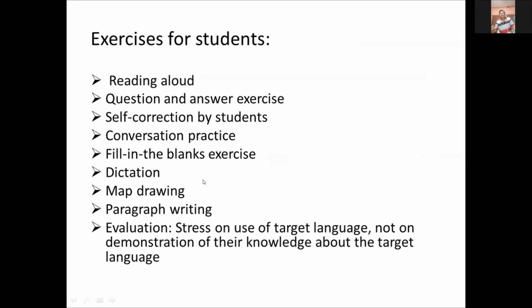So it is not important that we demonstrate, while using language, our knowledge of the language. It is more important that we can express our thoughts and emotions and feelings through the language. So that is more important, and stress was given on this aspect of the language learning. Now, Sweet divided, in my next slide,